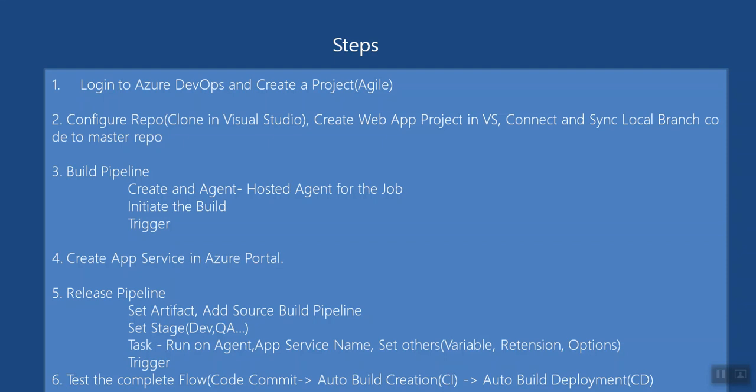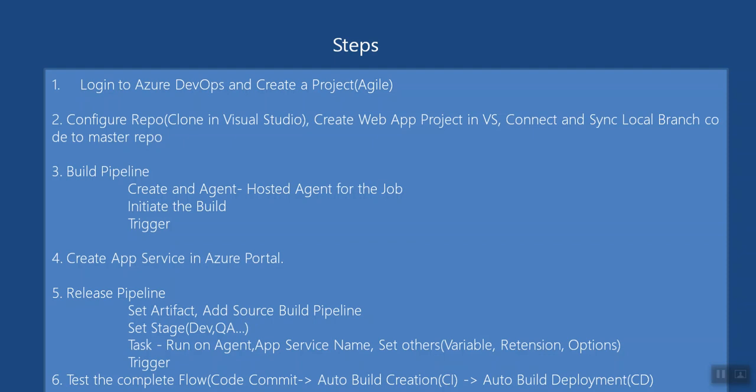So you can see in step number 5, there will be some different options like variable retention, like how long you want to retain this build, and some other different options. So before coming to 5, we can initially go and create an app service plan. Even if you don't create it, there is an option if you go to release pipeline, you can do that, but let's keep it simple. Let's do it that way.